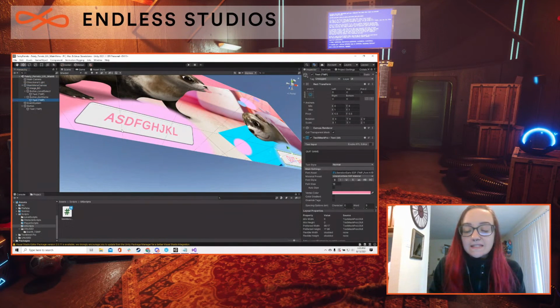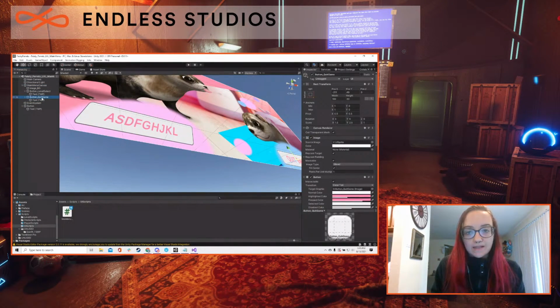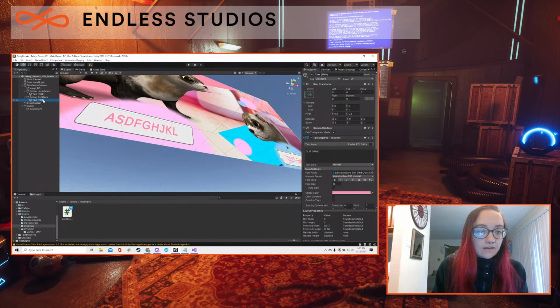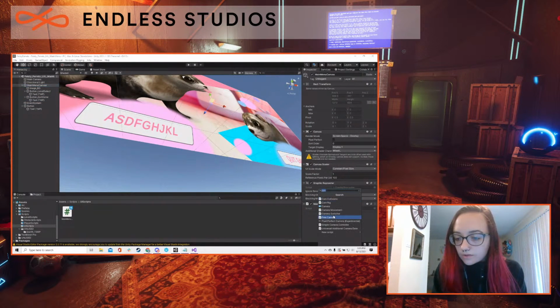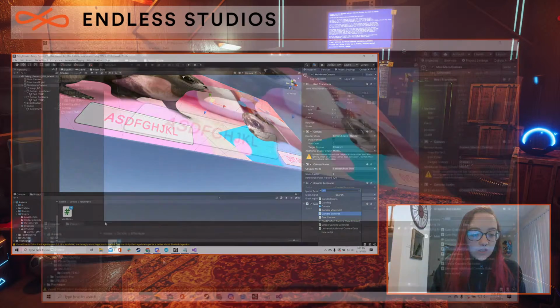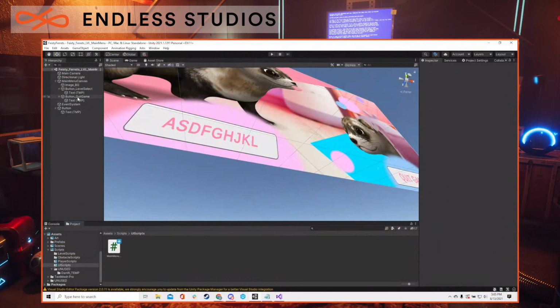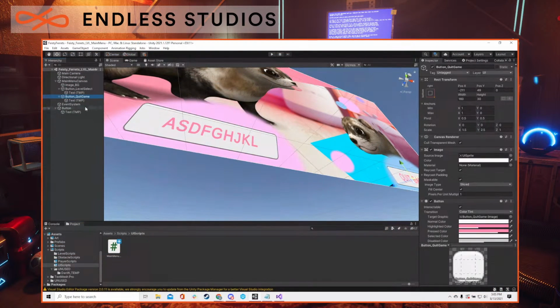But the script is not automatically included. These scripts are things that we write and we add ourselves by dragging it on or by adding the component like so. So if I wanted to just add a script, you can see some other scripts named here. So if you want to add a script, you can either drag it on or just press add component like